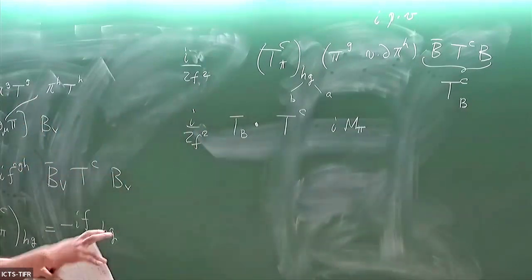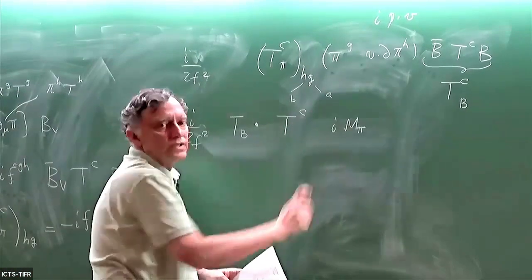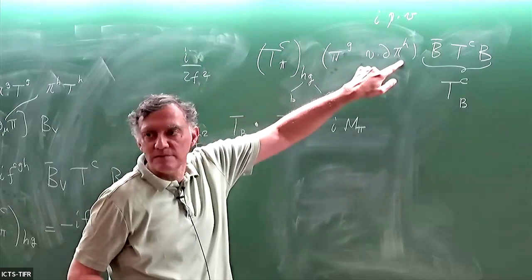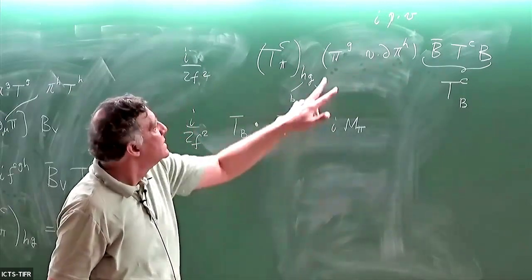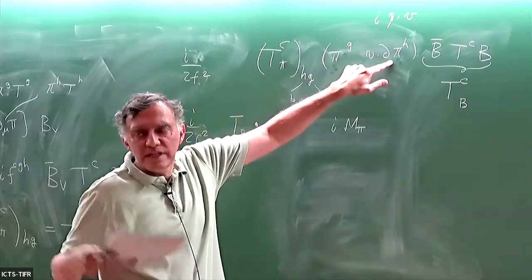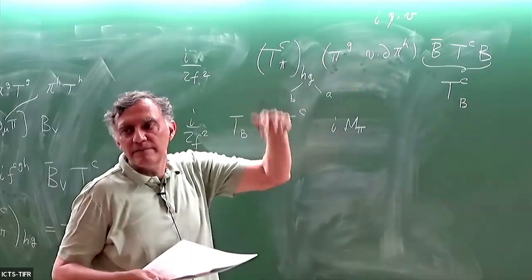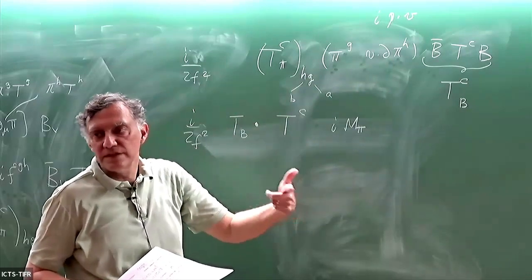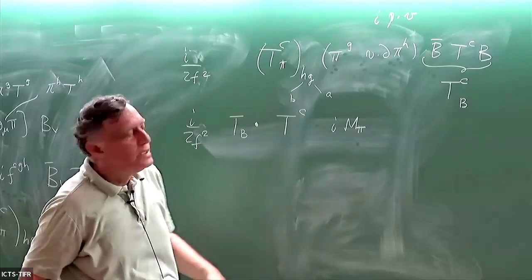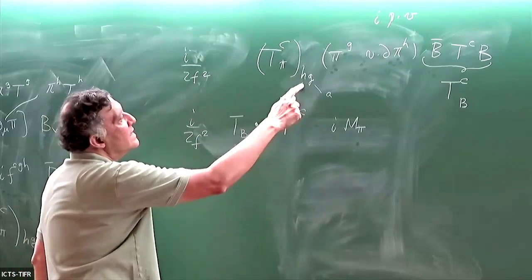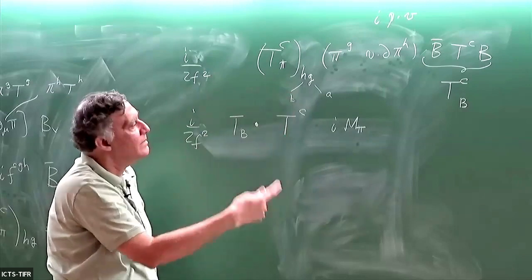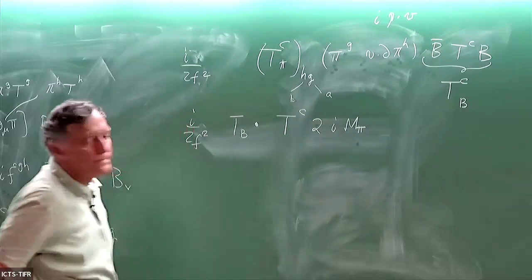Now, there are 2 ways of contracting this with the pions. Either I contract G with the initial pion and H with the final pion, or I swap them. If I swap them, the V dot D is now on the initial pion, and acting on an incoming pion, you get minus IP on the derivative, and its energy is also E. So you get a minus sign, but then you have to swap the A and B indices on the T matrix, but that's a structure constant which is anti-symmetric, so you just get a 2 here.